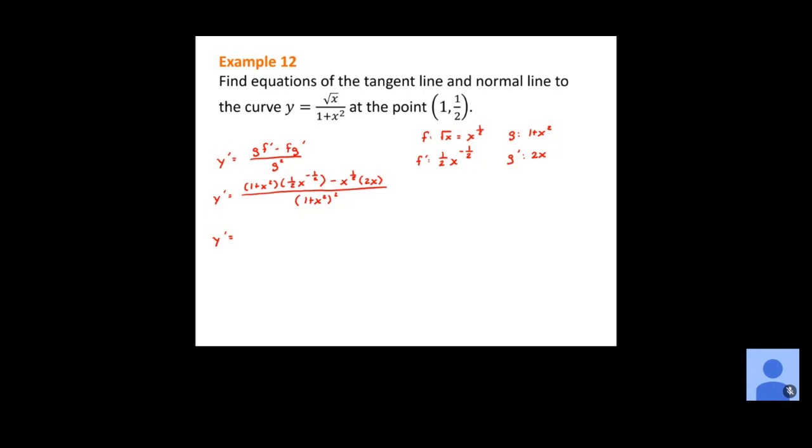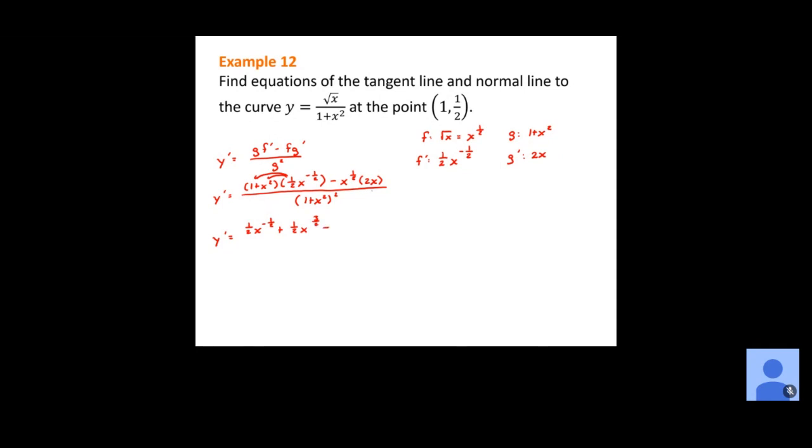Okay, good. So let's distribute what we've got up here. We have this 1/2 x to the negative 1/2. I can distribute that to each of the terms here. I'm going to multiply this by the 1, and then we're going to multiply this by the x squared. If I do that, we're going to get 1/2 x to the negative 1/2 plus 1/2. Remember here, we're going to add those exponents. We have a 2 and a negative 1/2. That should give us x to the 3/2